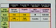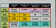Now, the side effects. The combination OCP has predictable bleeding. This is the only one that has predictable bleeding. What do the others have? Irregular. And this is one of the main reasons why women will stop using these, is because they want to have some predictability in their lives. They don't have to be wearing a pad all the time. See? And the reason for the predictable bleeding is because you have progestin withdrawal. These other ones, you don't have progestin withdrawal. And what often happens is you get atrophy